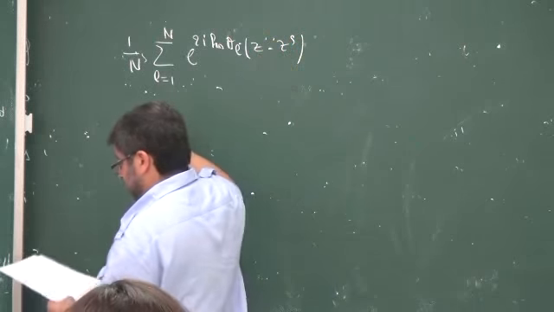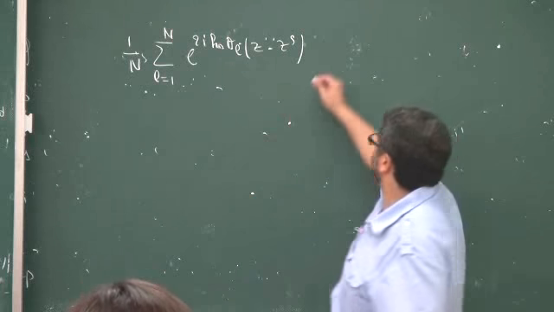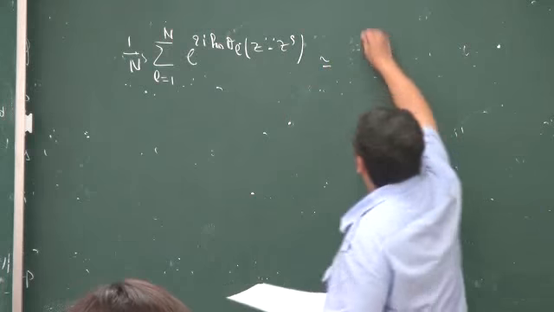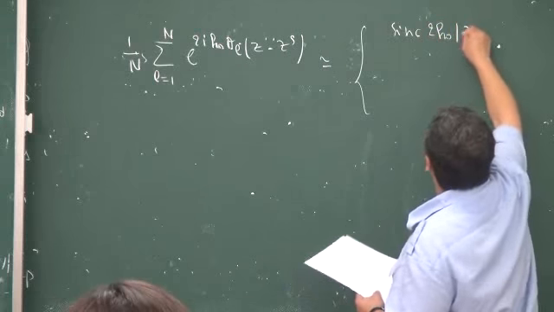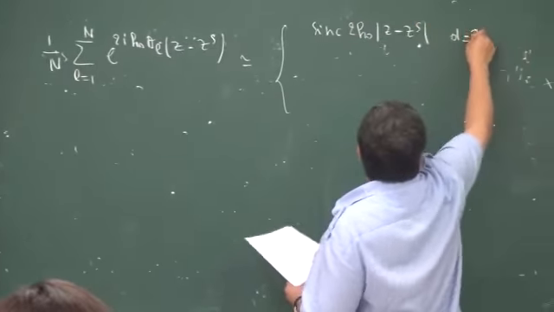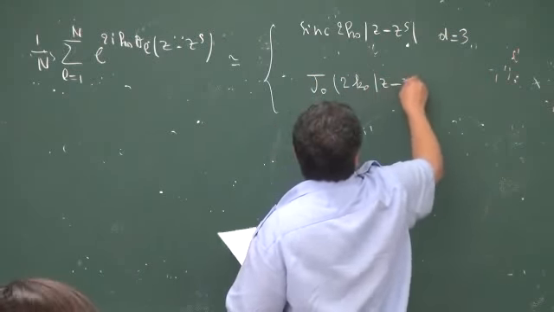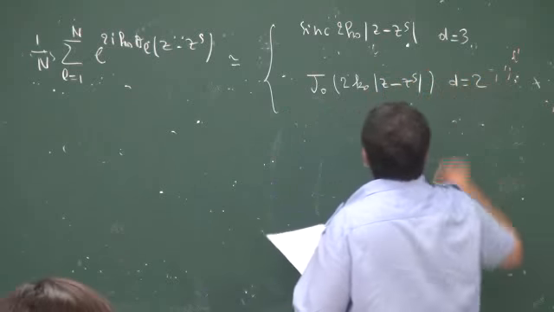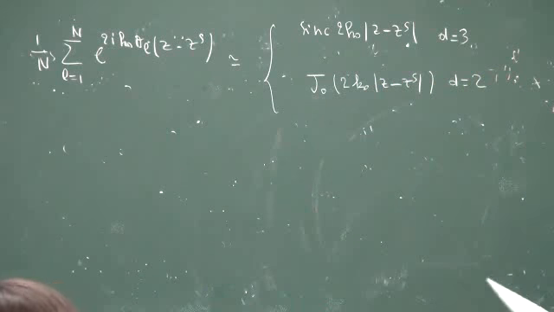But we know that if theta L are equidistributed and N is large, this is like what? This is like a sinc function in dimension 3, and like a Green's function G0 to k0 of d minus ds in dimension 2. This is the special function. You are done, because the maximum of the sinc function is at ds equals z. The maximum of G0 to k0 of d minus ds is at ds equals z. So you are done.